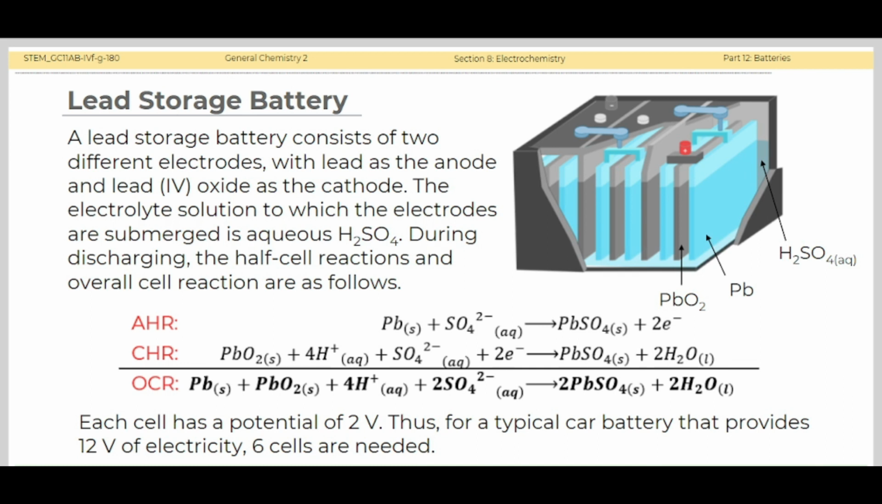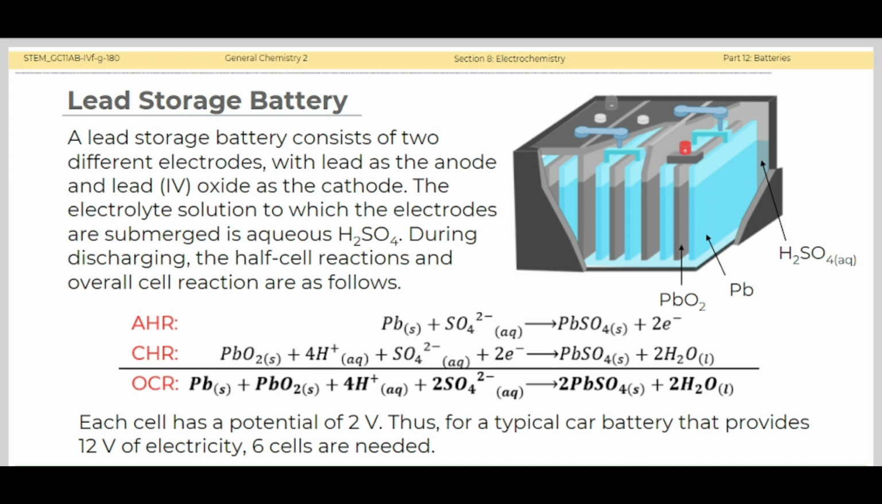During discharging, the half-cell reaction and overall cell reaction are as follows. At the anode, lead is oxidized to lead(II) sulfate. At the cathode, lead(IV) oxide is reduced to lead(II) sulfate in acidic medium. Each cell has a potential of 2 volts,